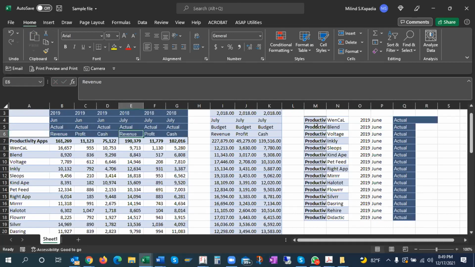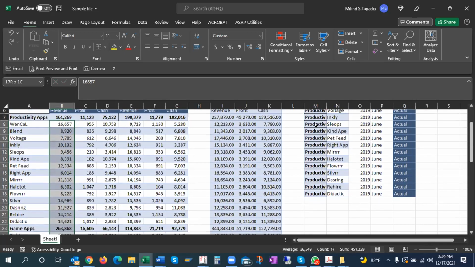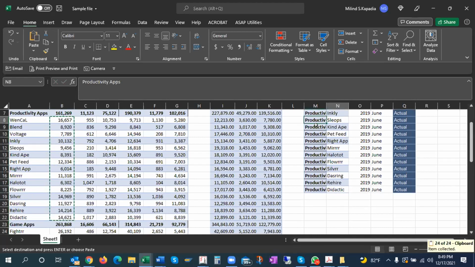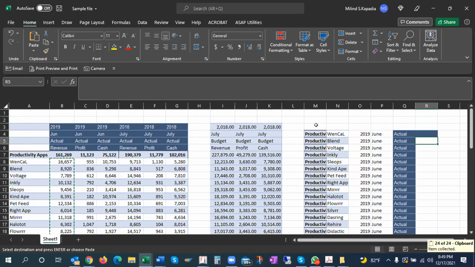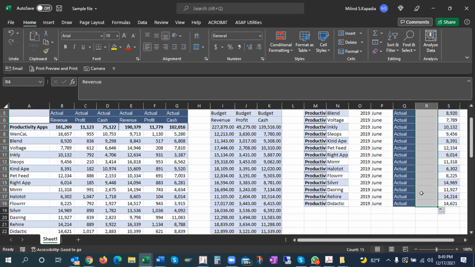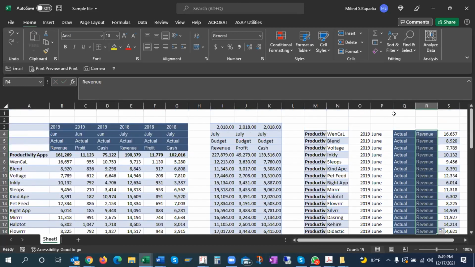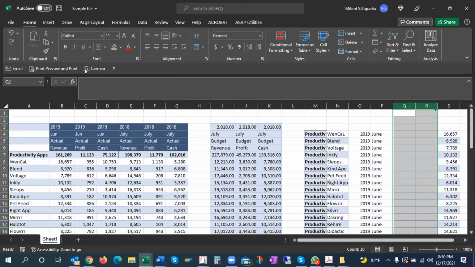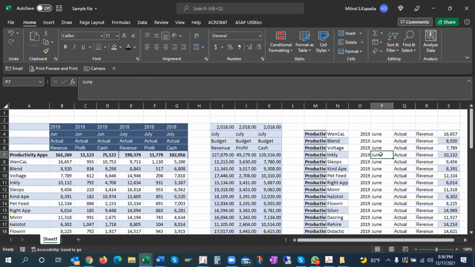Yes, this is my revenue only. All revenue for all these. If I get data like this, it becomes meaningful, and I can play with the data. Next, you have to take profit.